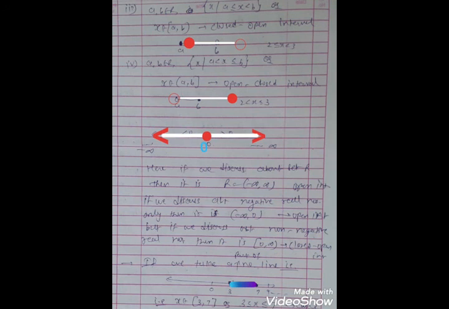On the number line, the right part is considered the positive real numbers and the left part is considered the negative real numbers. This shows a number line of the real numbers. So R equals minus infinity to infinity, and infinity is not a fixed value, so it is denoted by an open interval. For the left part we consider the open interval minus infinity to 0, and for the right part we consider the open interval 0 to infinity.